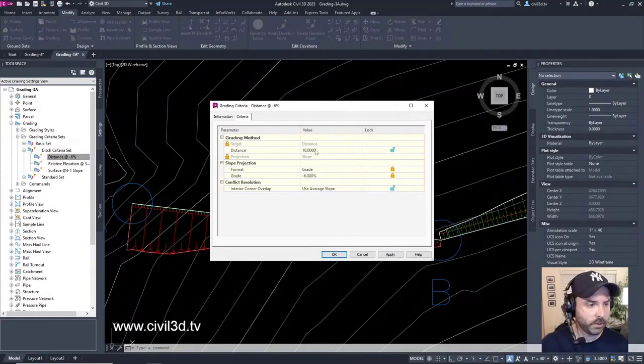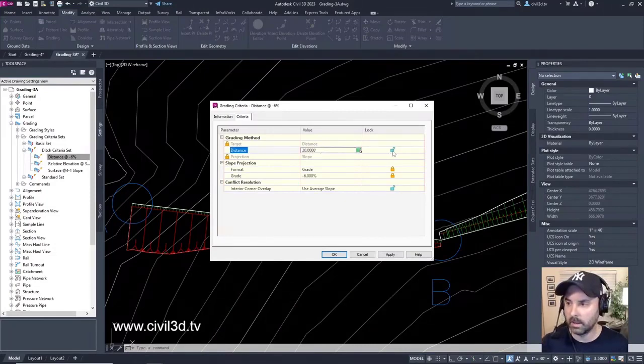So if we wanted to, we can come in here, in the grading criteria dialog box, click the criteria tab, which is what we're on, change the distance parameter to 20 feet. 20.